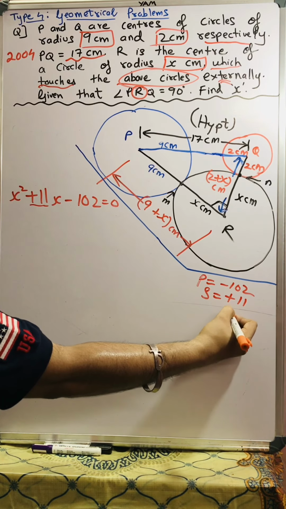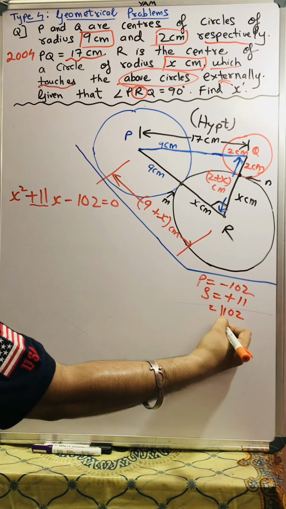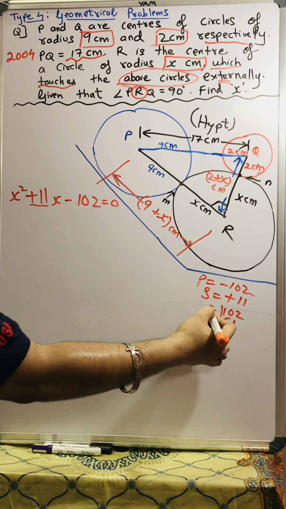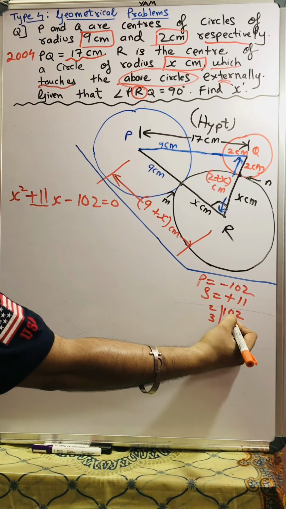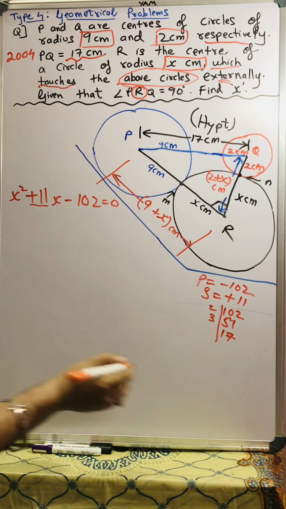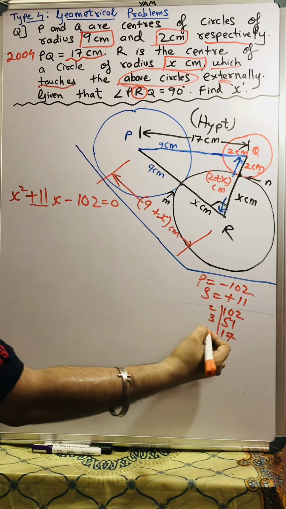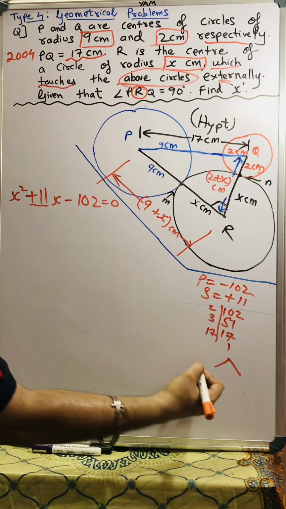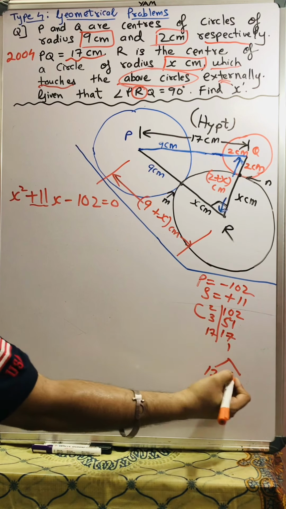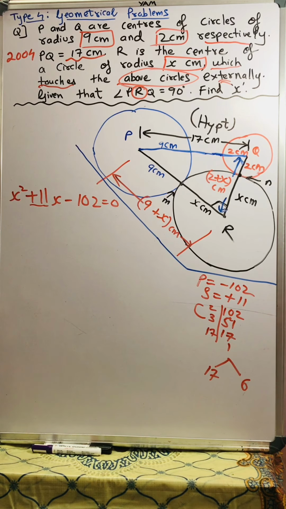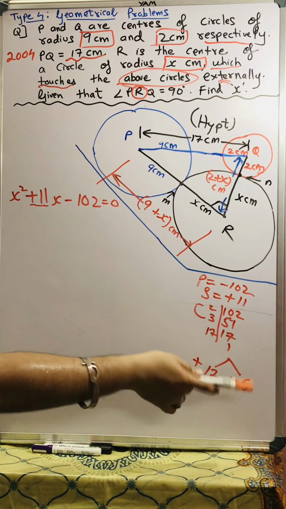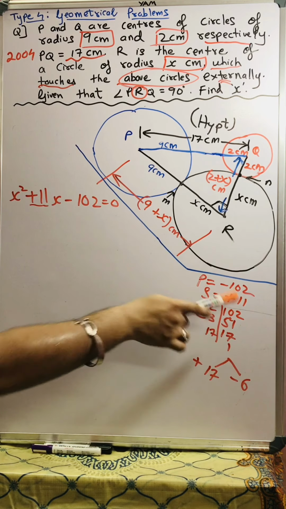Okay, now let me solve this. 102. So 2 5s is 10 and 2 1s are. Now 5 plus 1 is 6, 6 goes in 3, so this will also go in 3. 3 1s are 3, carry 2, 3 7s are 21. Now 17 is a prime number, it will not go, so 17 1s are. So can I say my two numbers will be 17 and 3 2s are 6. I need plus 11, but the product should be minus 102. So I'll say it's plus 7 and it's minus 6. Plus 7 multiplied by minus 6 is minus 102 and plus 7 minus 6 is plus 11.